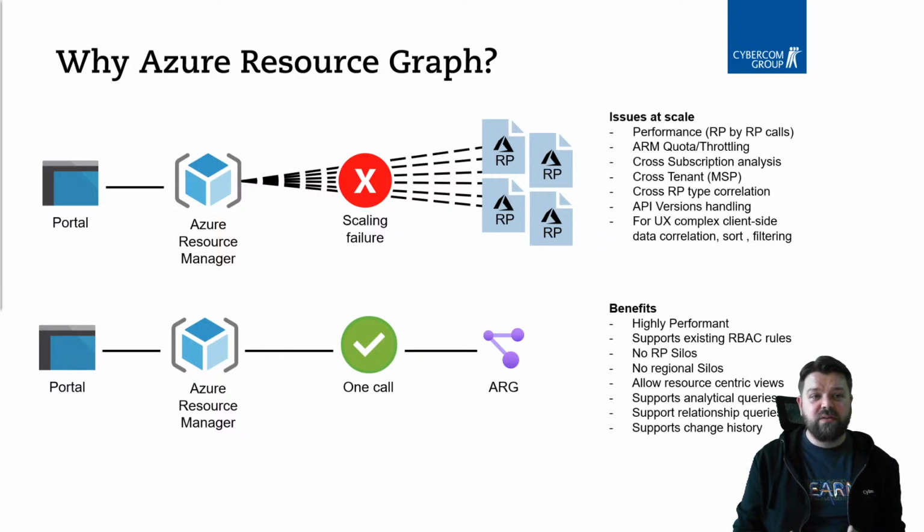So with Resource Graph, you can do one call against Resource Graph, and it asks the whole environment you have already set up. It asks what is there. So you can do quite good queries, and it supports analytics queries also, and change history, which is the last bullet point there, but maybe one of the most important ones. Because if something has been broken, you want to know what's happened. So change history is very important and very powerful to find out what's happening.